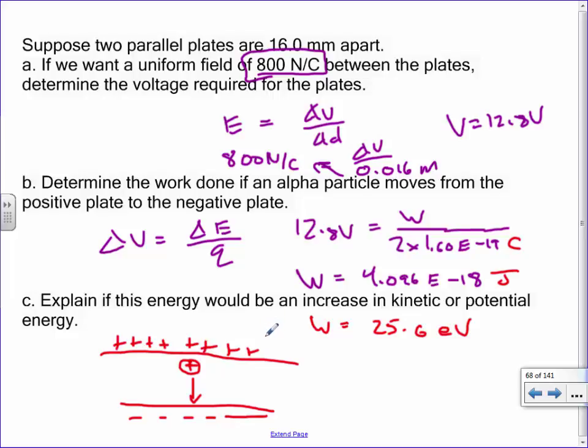You guys ever heard of particle accelerators? Like there's a big one in Switzerland called the CERN Super Collider particle accelerator, where they smash small particles into each other. This is kind of the basic concept here. If you want to speed an electron up and shoot it, here's what you do. You put the particle on one side right here, and it's going to speed up as it moves towards the other plate. Only what you end up doing here, you put a hole in the plate so that it literally shoots through like a gun. You'll see a lot of diploma questions where they show you diagrams like this, where you're seeing particles being moved between charged plates.